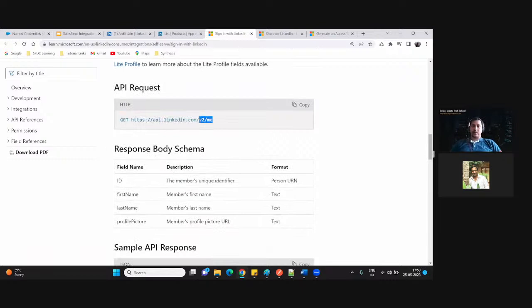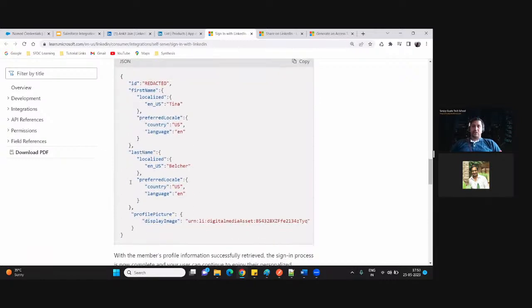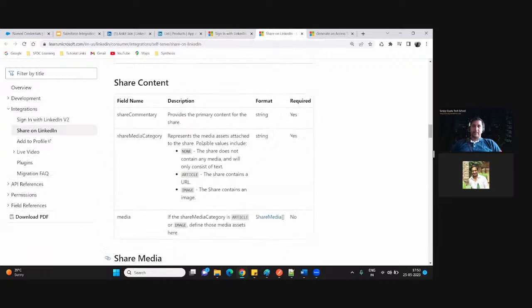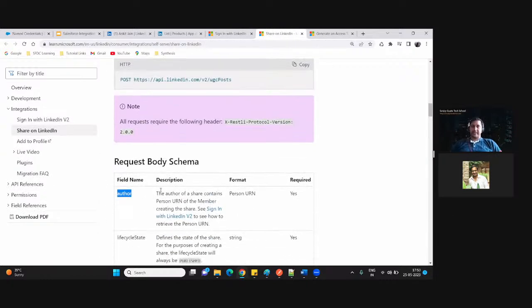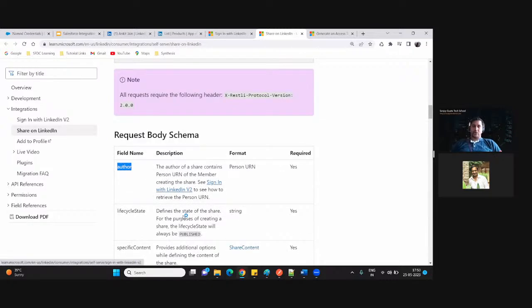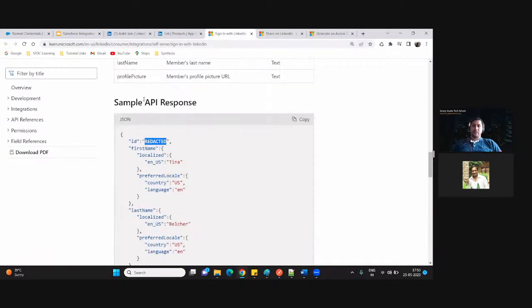We have to hit this URL in the get method, and we will get the author here. You can see here we will have the author somewhere available. That is the ID. We have to use this ID whenever we are posting the post on the LinkedIn. Here we have to pass that author to post the message on the LinkedIn. So this value we have to go and get from our first API call.